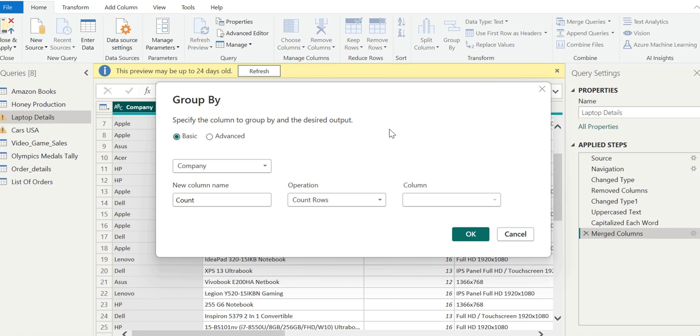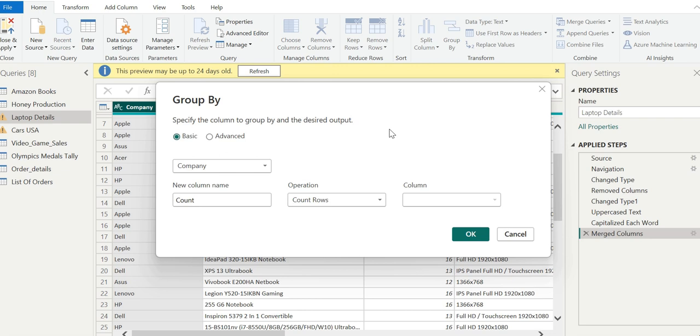So the operation in question here is to count the rows. This means that for each distinct company name in the table, all of the rows containing that company name will be collapsed into a single value containing the count of rows. For example, if we have 27 rows in our table with the company name Lenovo, there will be a single row in our aggregated table with the name Lenovo, and alongside it a column with a value of 27.